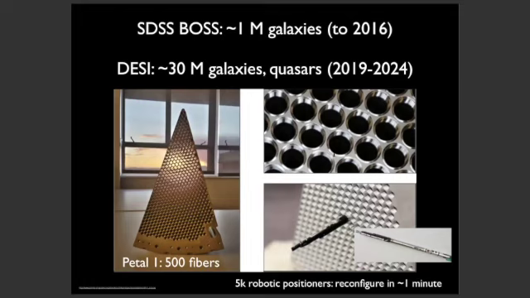That's because we have these robotic fiber positioners that can reposition the entire 5,000 fiber plate in 1 minute. And so basically you can be reconfiguring the plate as you move to the next pointing. DESI exposures will be of the order of 15 minutes. So this is a really negligible cost. And this is just a machine to make the largest 3D map of large scale structure that man has ever known. So that's what we're doing. I believe that data is actually starting to come in either now or in the next couple of months. And it's just going to be a tremendously exciting time.